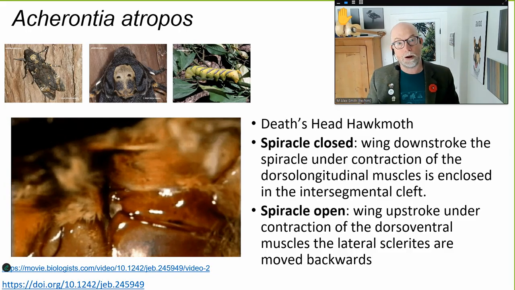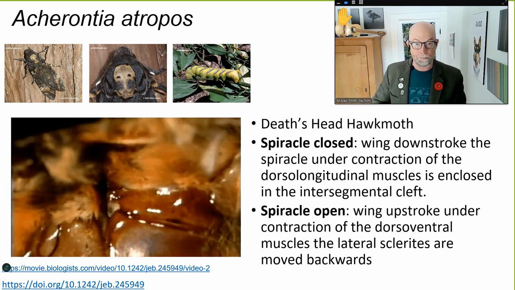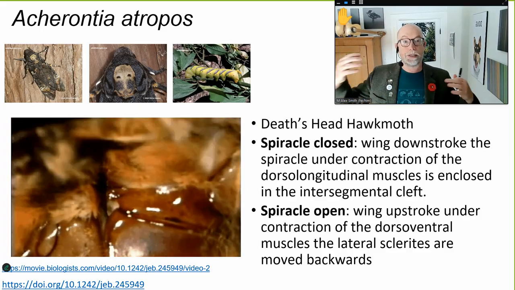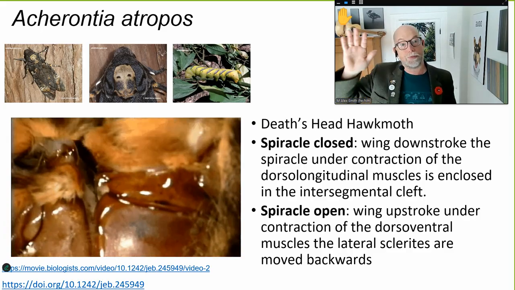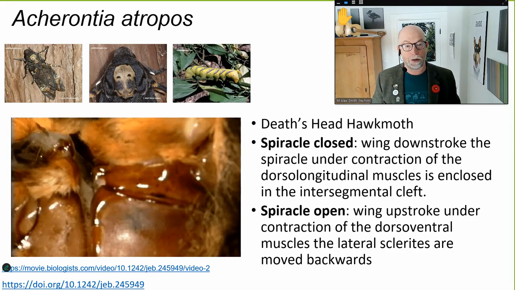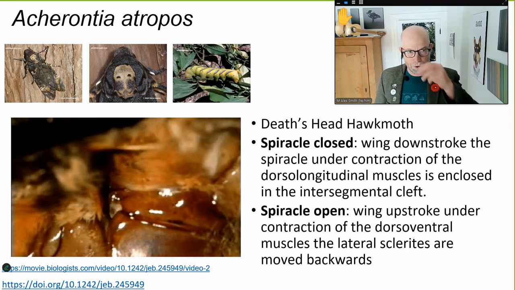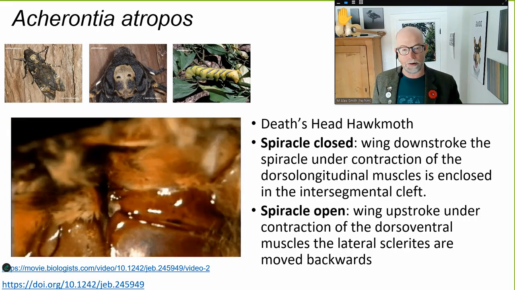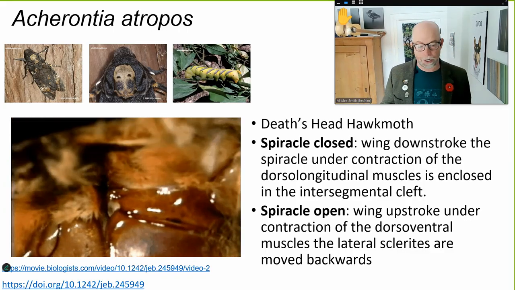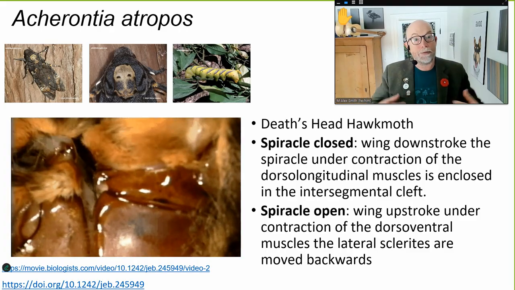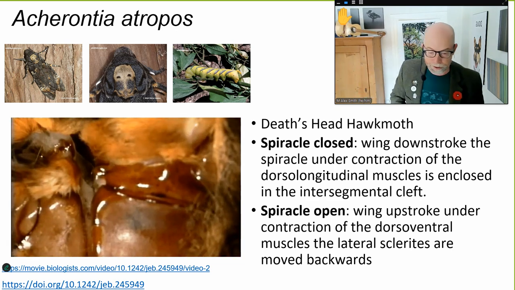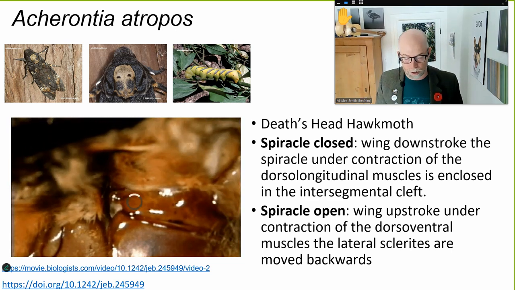The spiracles that are placed on this sphingid's body are opening and closing in synchronization in different parts of the body with different parts of the wing stroke. So the spiracle is closed when there's a downstroke under the contraction. I'll break out these texts with some diagrams in a second, but it's creating essentially a unidirectional ventilation. So there's an inflow at the anterior, the front end of the body as the insect's moving through the air. So on the anterior end, the thoracic spiracles are,